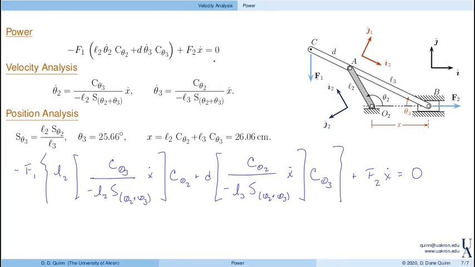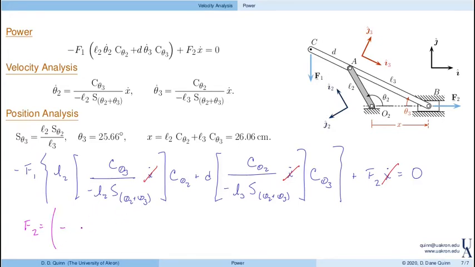Okay, so again, as promised, the velocity variable that we're working in terms of cancels out. It's in every single term, so I'll just cancel that out. And as a result, we can solve for f2. We can actually do that directly here. And we find that f2, let's do this in pink, f2 then equals,